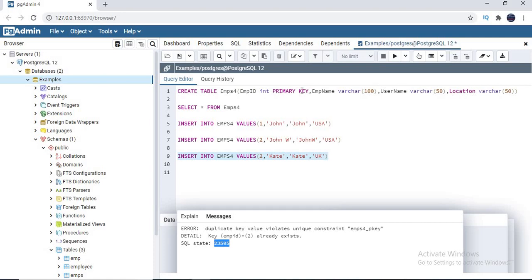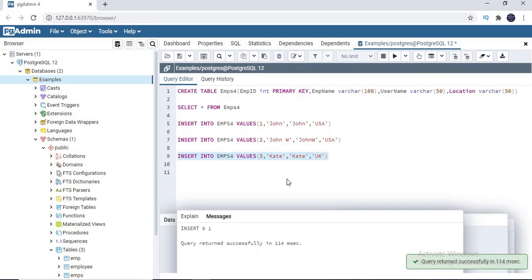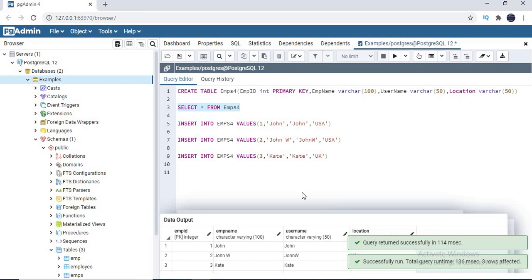And if you see in this example, I created a primary key on a single column. As I mentioned, I can create a primary key on multiple columns also. It means that combination should be unique. So let's make it a positive scenario of this, and let's try to keep 3. Try to insert. Yes, it is inserted. You can see the data. Now this is how we use primary key in a single column.